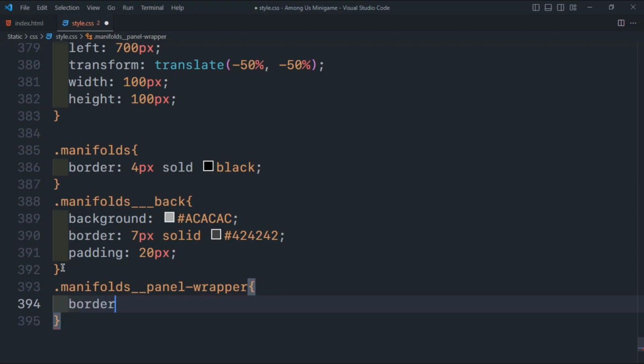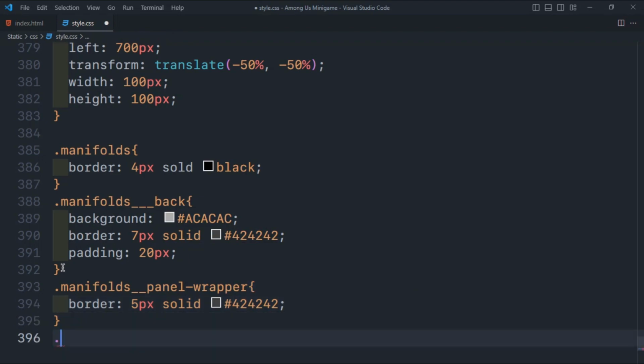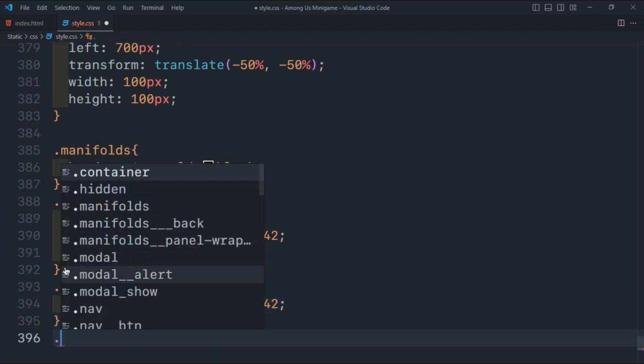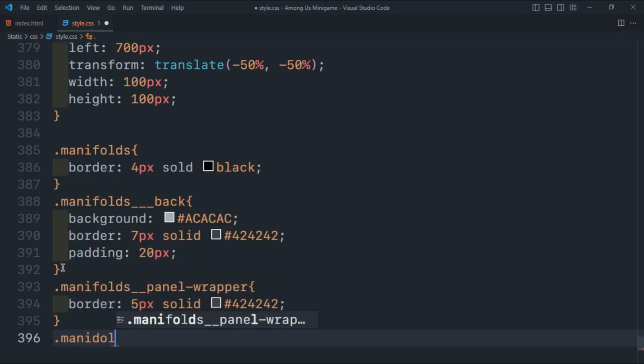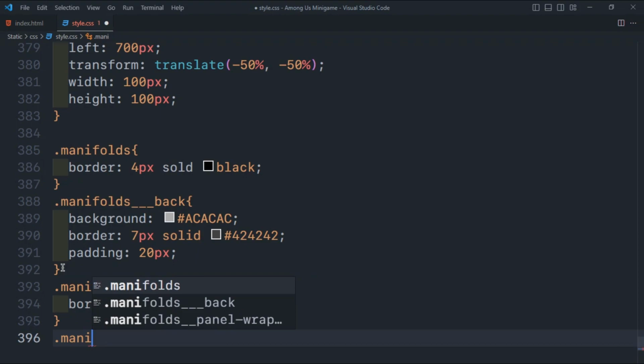So border of 5 pixel, solid. Now we will design the background of manifolds to give it a look of blue glass with some reflections on it. So we call in manifolds panel,